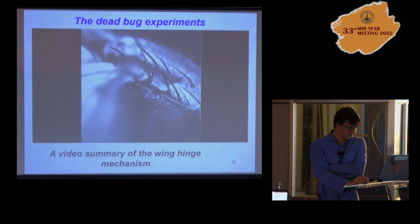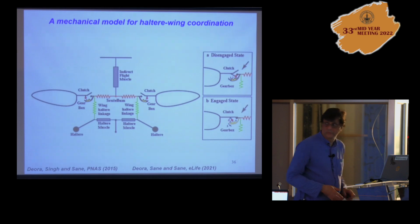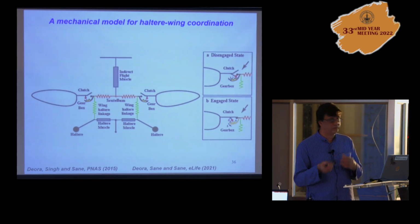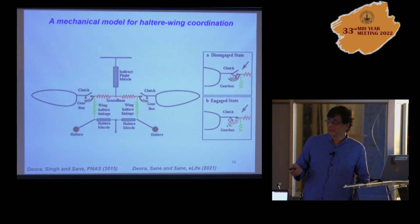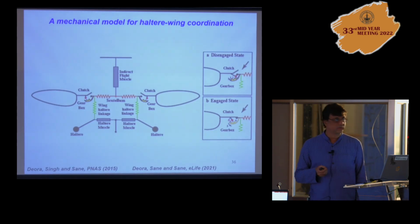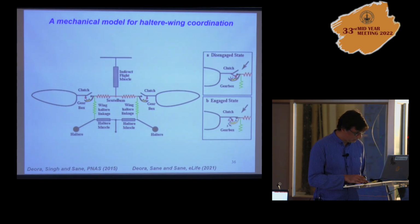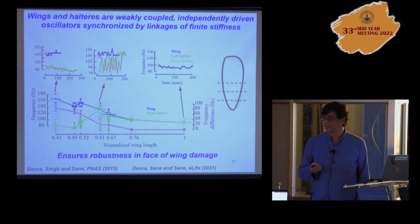Okay, so I'll just stop it here. Just to say that there is a gearbox, and this is now an important part of the whole system, and we are now addressing the gearbox hypothesis. We also have hypothesized the clutch. We always try to figure out how it works. It's again very difficult. But what Tanvi showed through a long series of experiments, and the second part of it just got published last year, is that